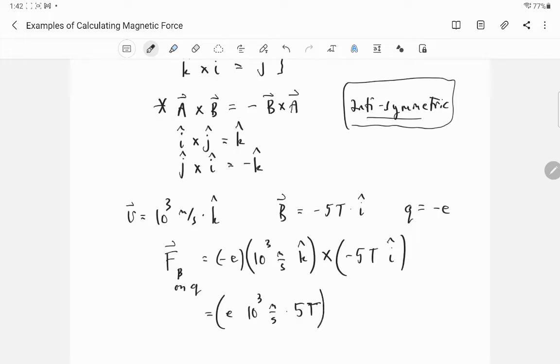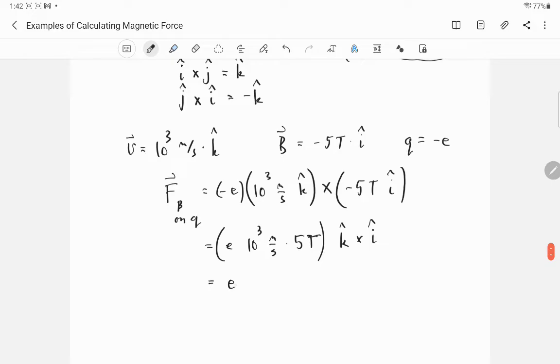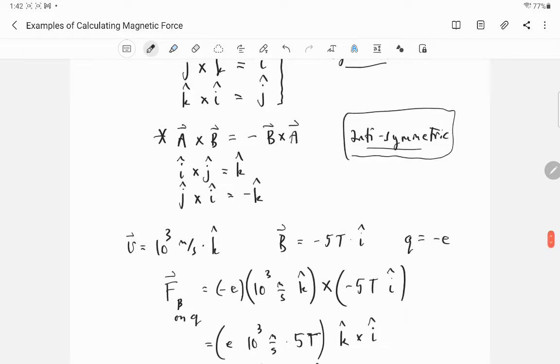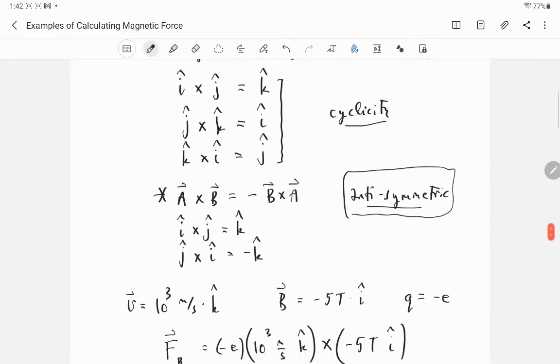So everything up front, right? And the only thing left over is K hat is on the left side of the cross. I hat is on the right side, so I have to leave it there. So I've got this, right? K hat cross I hat. And this is equal to the fundamental charge, E, times 10 cubed meters per second, 5 Tesla, right? All multiplied. And then let me look at my chart. K cross I. K cross I is J,